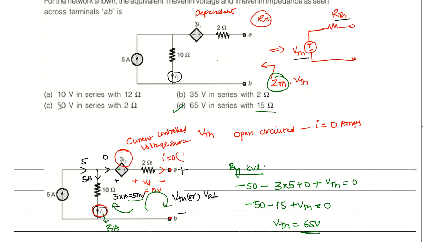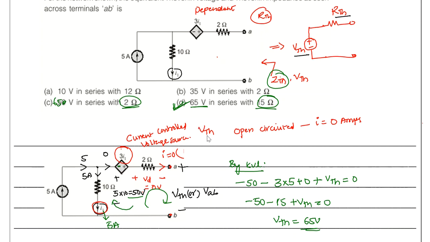Suppose in the same question they ask here 65 volts and 2 ohms, then you have to compare these two values to decide which is going to be the right answer. But in the given question, they simply give 65 volts, so the option will be D here. Anyhow, I'm going to solve this ZTH for you.